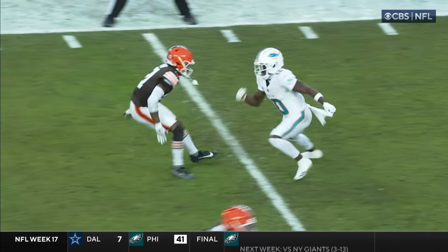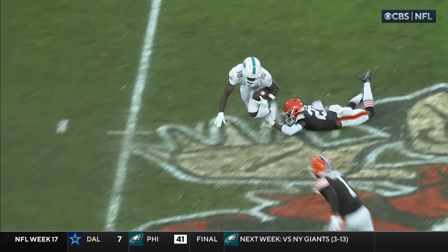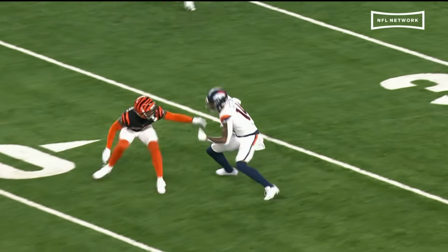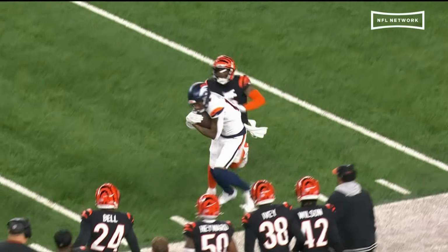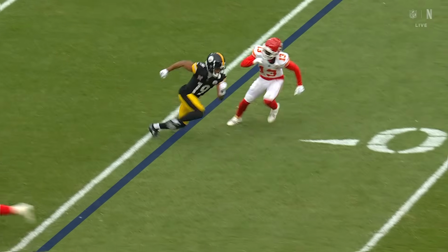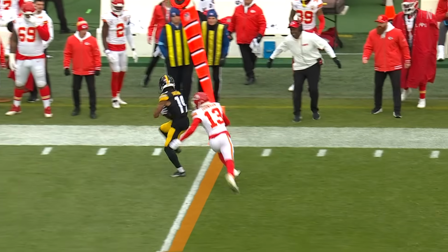Dolphins offense is at its absolute best. You're going to see this route that we've seen time after time, 15 to 20 yards. It's the stutter move. Watch it. He sells the slant. Cam Taylor-Britt believes it's going to be a slant after that move to the inside. Those long third down conversions are really tough on a defense. You think you've got them in a good spot, you think you've got a good plan, and then they convert